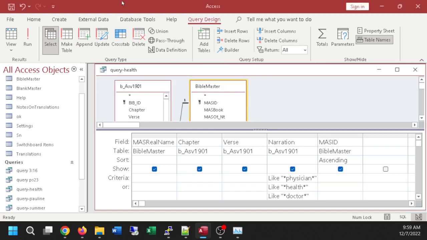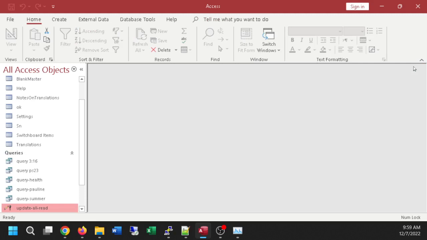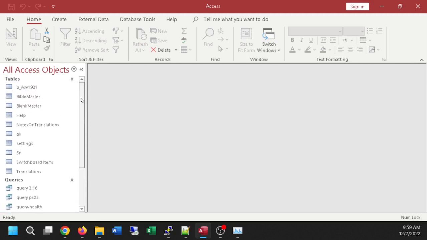Now we'll come back to write more queries, but let's take a little bit of a break. Let's close that query, because we like things to be closed before we do anything else. Let's think of what modifications might be interesting if we want to use this as our Bible searching